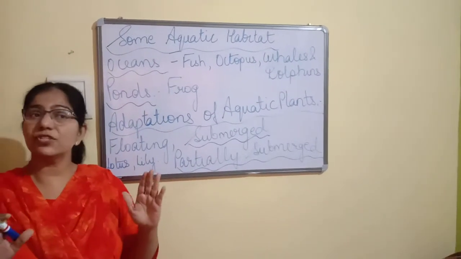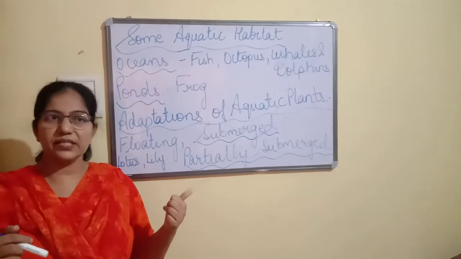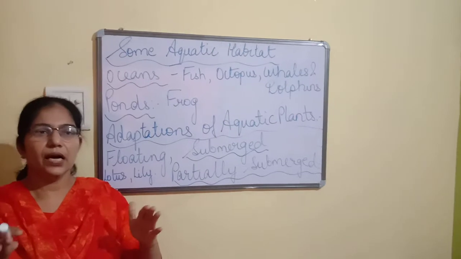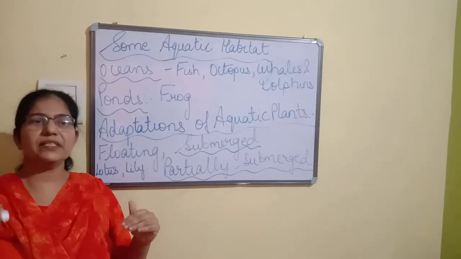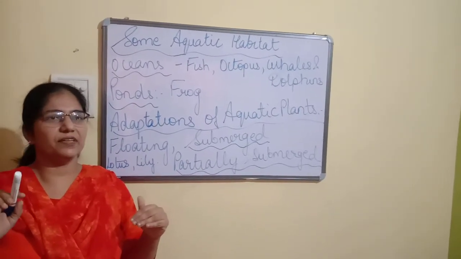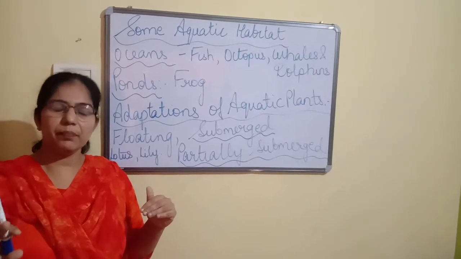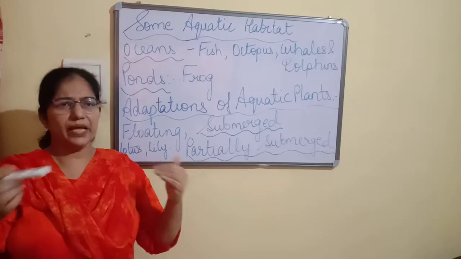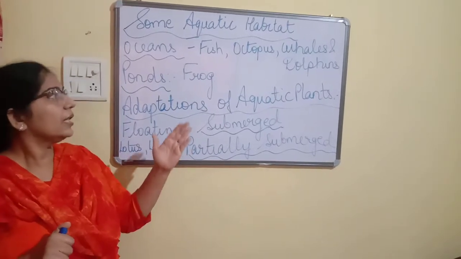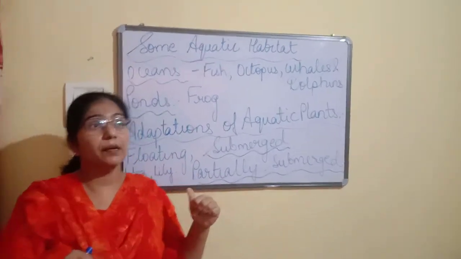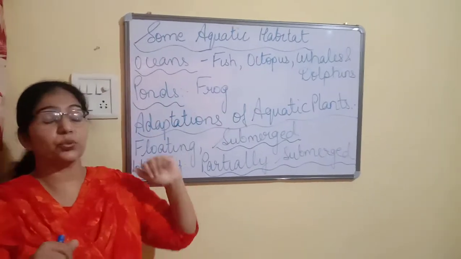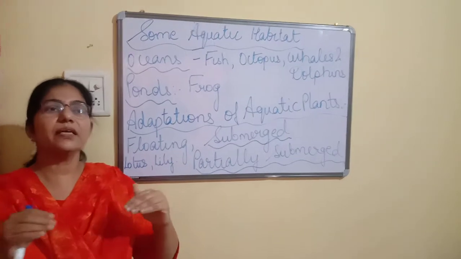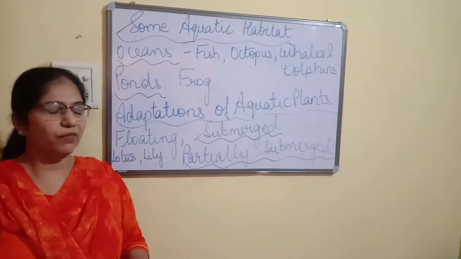Then there are other animals, children, such as squids and octopus. They do not have a streamlined body. Then how do they survive? Octopus and squids remain in the deeper seabed. They do not come to the surface and they remain in the deeper part of the ocean, and they feed themselves on whatever prey is approaching them. Then you must have studied, when octopus and squids want to move about, they change their body shape. They make it streamlined and then they move about.